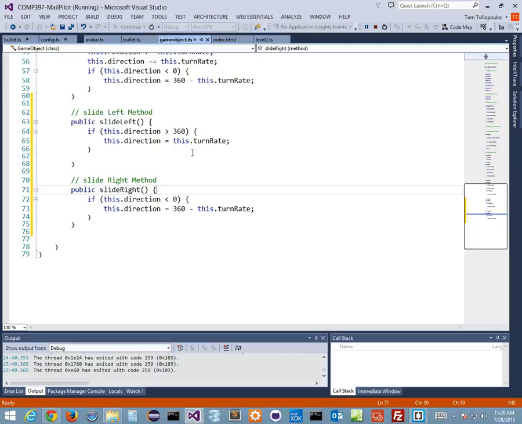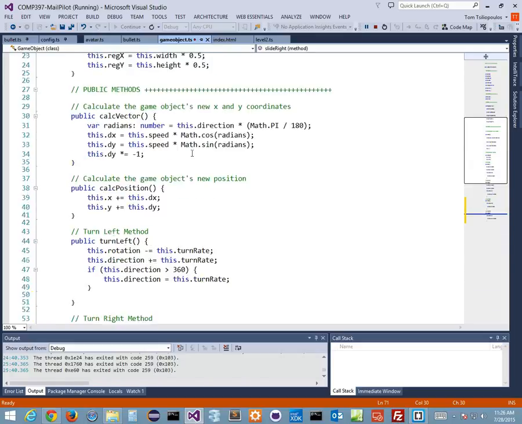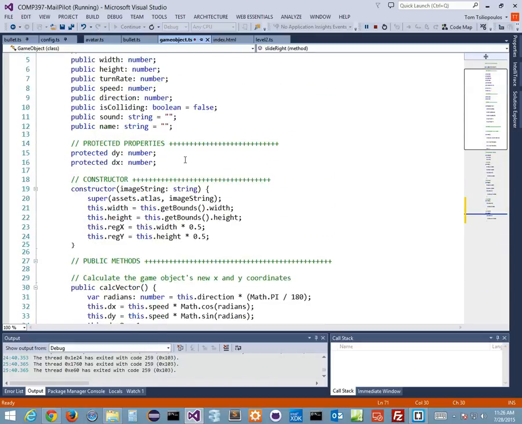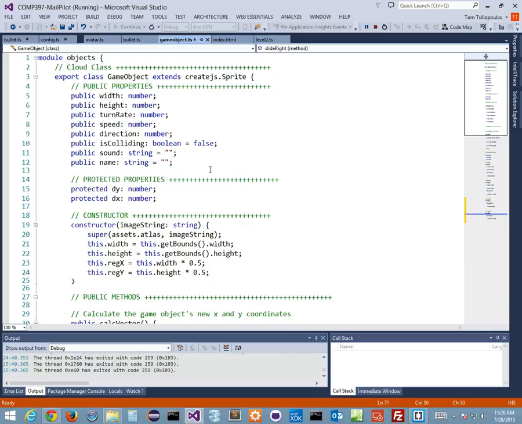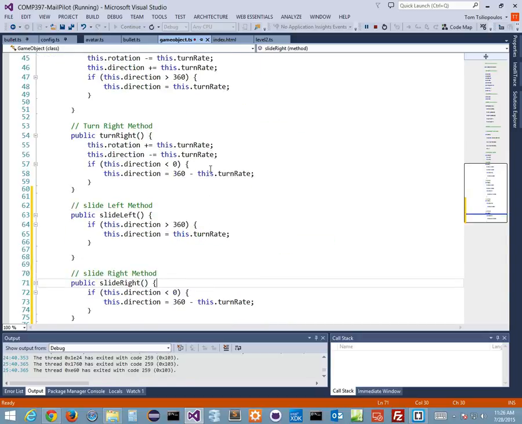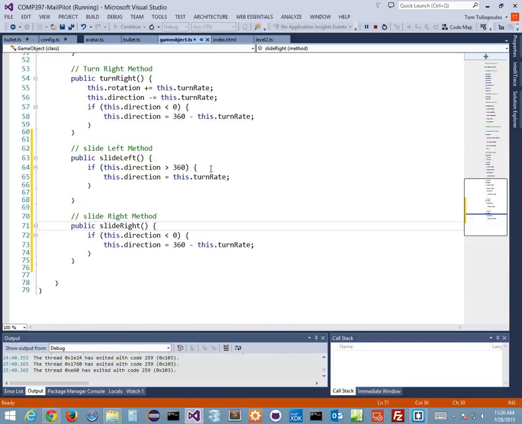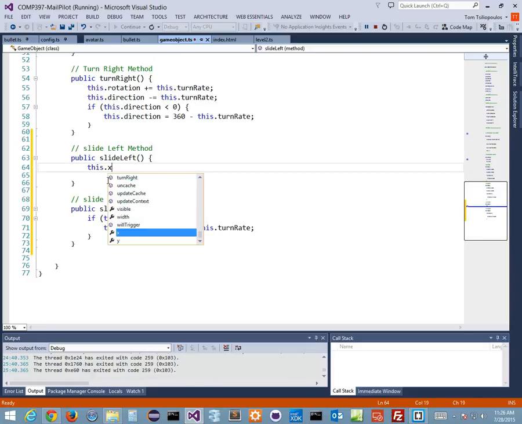What I wanted to do is take my game object, and whatever its speed is, add it to the x component, because I'm moving left and right. So my x component, when I go to the right, is going to move to the right. So slide left, then I don't care about this. It's just going to say this.x, as an example, plus equals when I slide. Sorry, minus equals